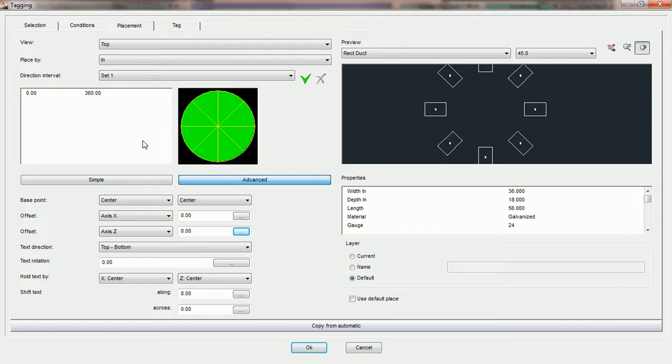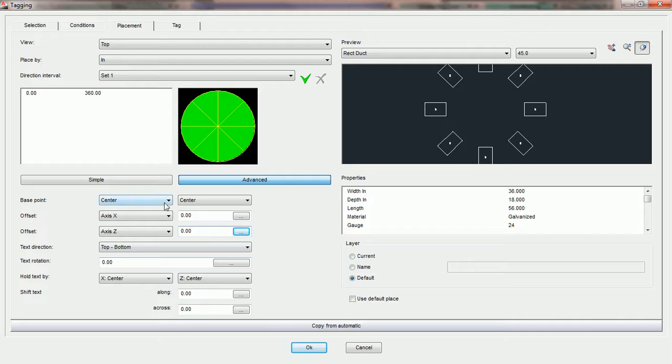The direction interval parameters are the most important to understanding how to get your tags to be placed on your entities at the proper positions and orientations based on the different angles your duct or entities are to the drawing. What the direction interval allows us to do is specify angles using the direction wheel and tell Practicad that if our duct happens to be at the angles we've chosen in a particular set, then those tags should follow the